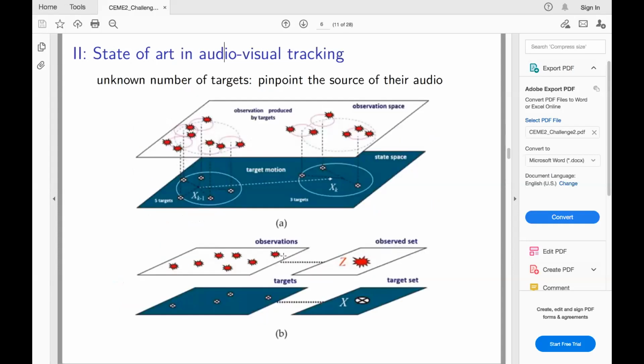This, by the way, was the audio-visual tracking that came from Wenwu in Surrey. And there's quite a lot of detailed algorithmics there. And this idea of finite random set, sorry, I forget the name of it now, that I put on the previous slide. There's a lot we can learn there, but I think this is mostly in the problem A space. But there's a lot we can learn about how to represent error in this scenario. But I now hand over to Catherine to talk about what we know about inverse problems coming from questions or applied examples like tomography.